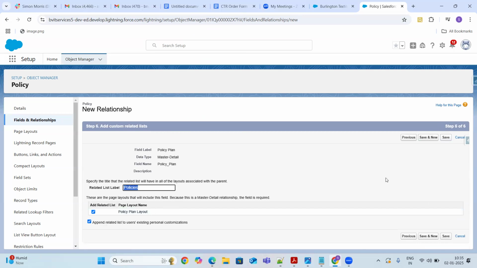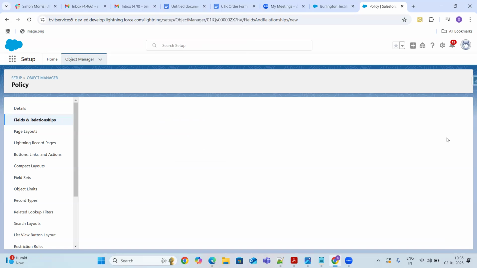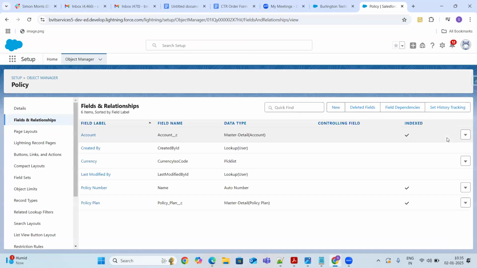Yes, I would like to add this to the policy plan layout. Save. Done. So now whenever I see a master detail relationship between the account and policy plan, immediately I'll say policy is the junction object between the account and policy plan.